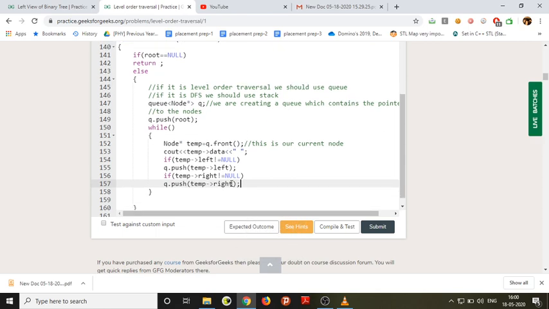So first, why are we pushing left then right? Because in level order traversal we come from the left. That's why the if condition of temp arrow left not equal to null comes first. The two if conditions must come in order, temp arrow left not equal to null and then temp arrow right not equal to null. If we reverse these two if conditions, then the order will be reversed.